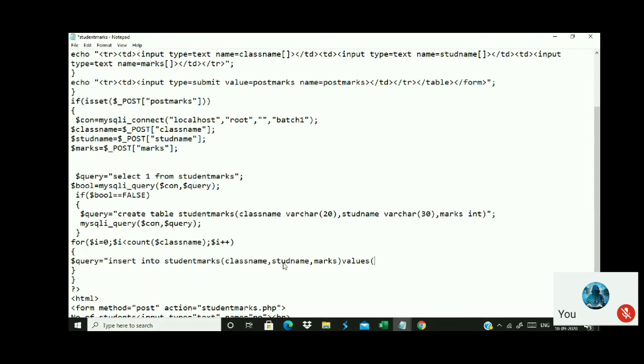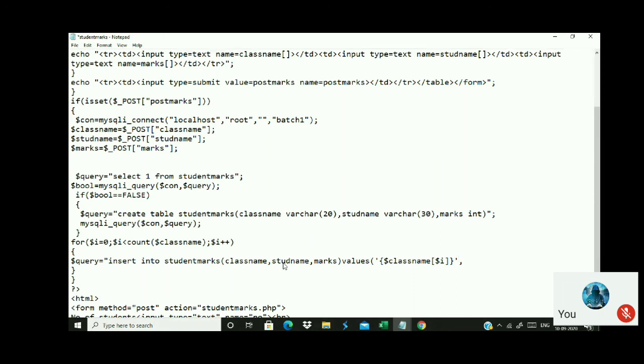Yes, sir. Whenever you want to enter a var character here, you have to include it in single quotes. So include single quotes, and the name of the array is called class name, and inside the square brackets represent I, because I is going to be the variable here. Dollar, close this. Okay, now class name is a character, so it is flanked by single quotes.